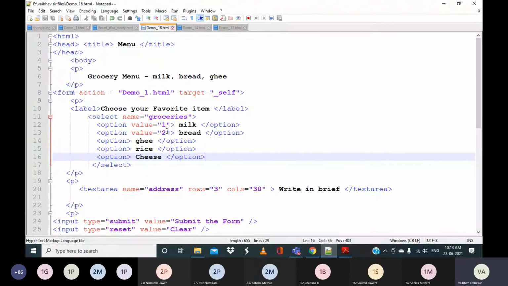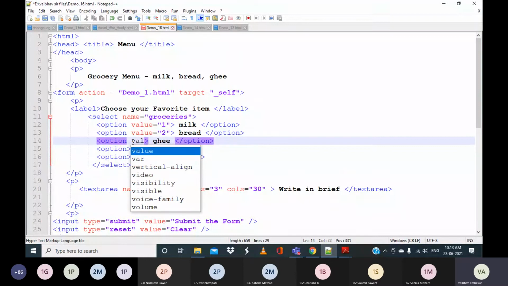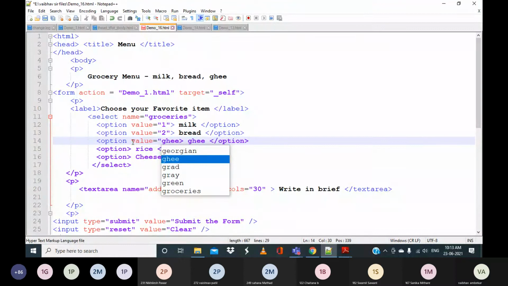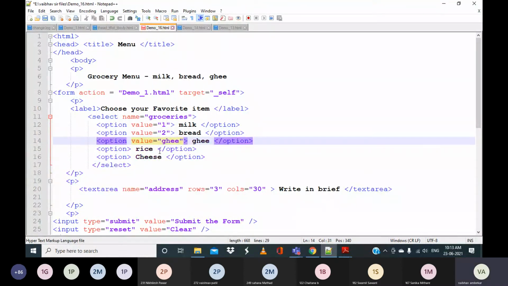But for example, if I select ghee, what will happen? I have not specified value equal to 2 or something, so here I will put value equal to ghee only. Whenever you submit the form, whatever is specified for the value attribute will be considered, not the data that you displayed for the user.